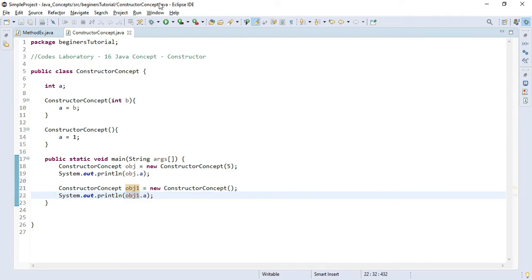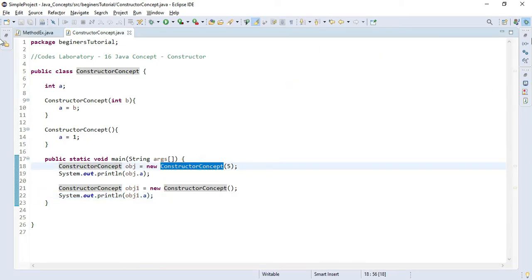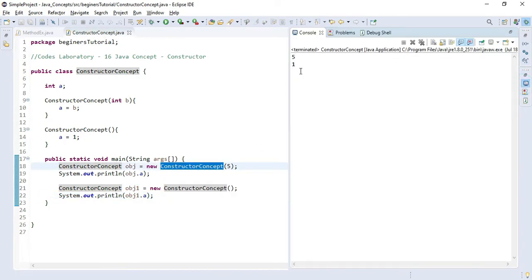Now if we execute our code, you can see that earlier the value of a was 5, which we passed with the help of the parameterized constructor, and the second time the value of a is what we hard coded in the default constructor. So this was about the default and parameterized constructor.